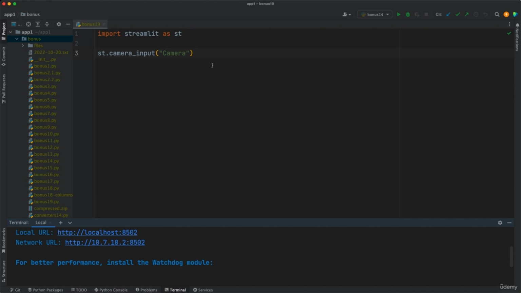However, we will not leave it at this point. We're going to expand this app now and grab that photo and convert it to black and white, to grayscale. So the first step to do that is we need to get the photo in a variable. To do that, you write a variable here, for example, camera_image is equal to that. So if you print camera_image in the command line,